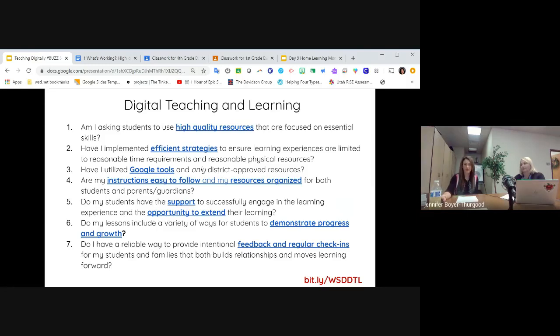This is the official recommendation at this point, that you are assigning between 90 minutes and 2 hours worth of work per day for the student in elementary. So we also need to include in that time to get on the Chromebook, time to log in, time to get started. Learning in a home environment takes more time than in a classroom. I'll just say that. My 5 kids don't move along as fast as my classroom of 30 used to because it's just different.